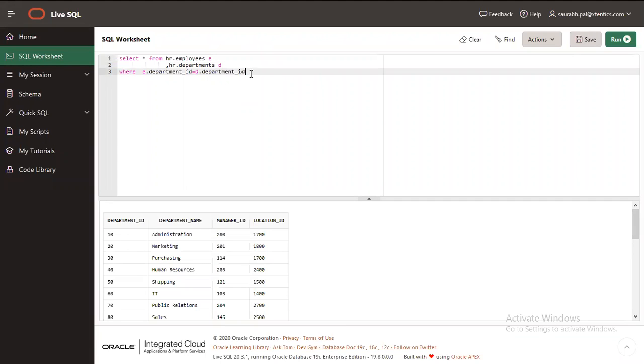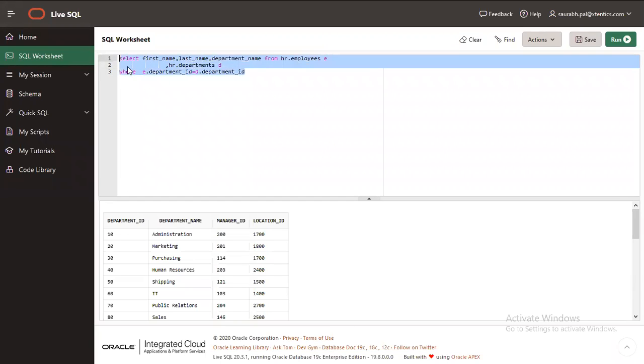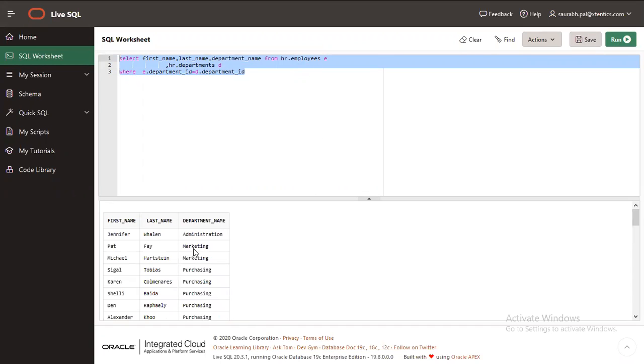So what I am doing now is getting data from more than one table. I will have first name and last name coming from the first table, which is the employees table. And then I will have the department name, all in one. Once I run this query, it tells me such and such person is in this department. It is as if there's only one table.